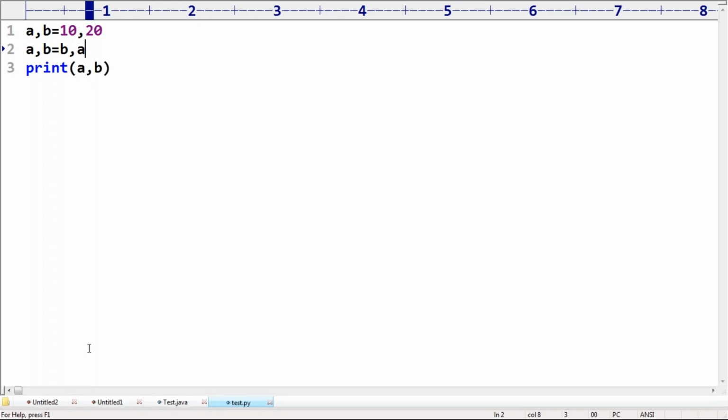Take the requirement: read two values from the keyboard and print the sum. This is my requirement. Or otherwise, a sequence of lines is there and I want to do a certain activity.